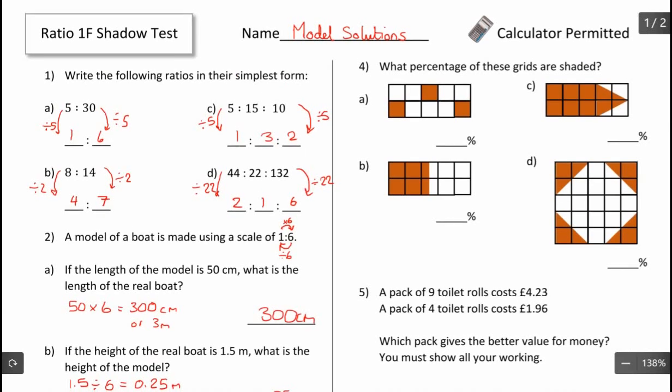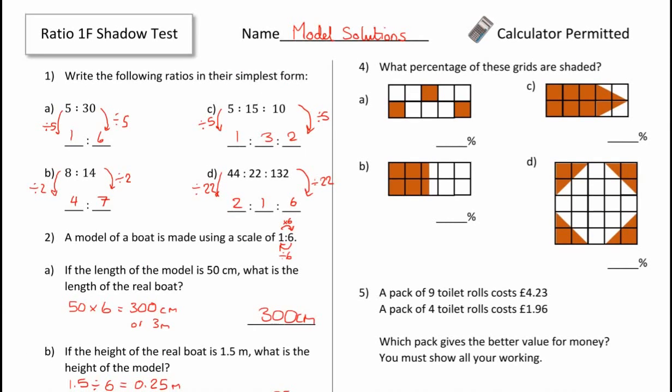Okay, up onto the other side. What percentage of these grids are shaded? So I would write these as a fraction first out of what we have, so 3 out of 10 are shaded there. Percentage, remember, means per 100. Okay, so if I times both these numbers by 10, I get 30 over 100,